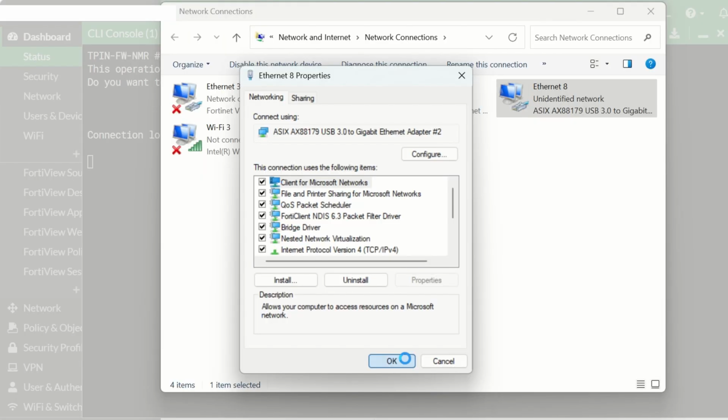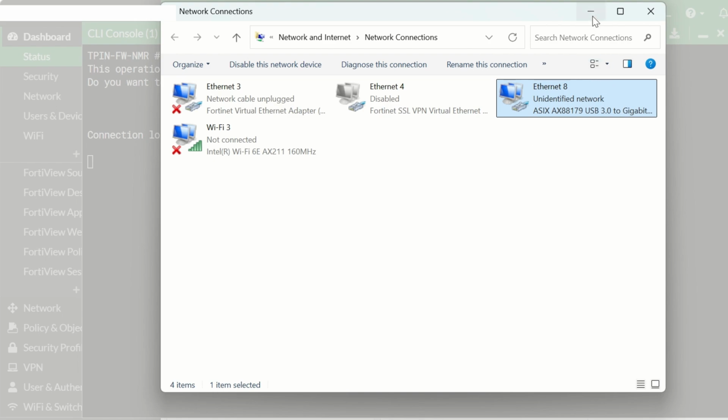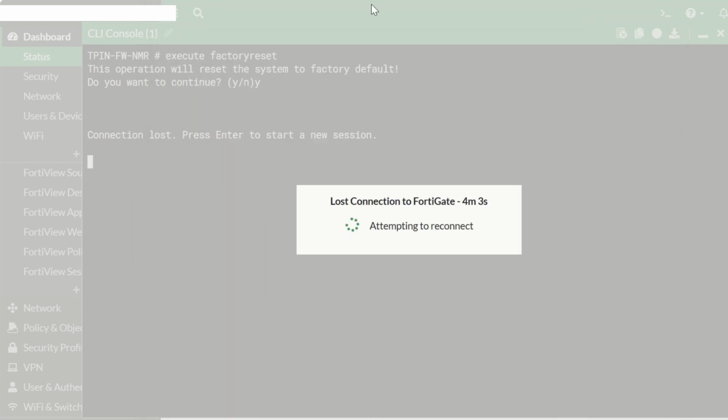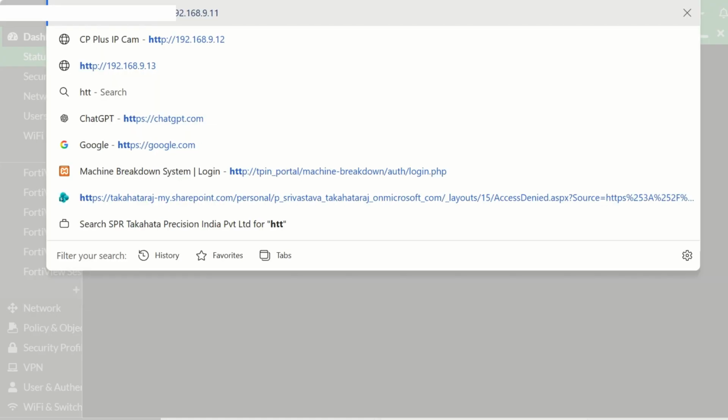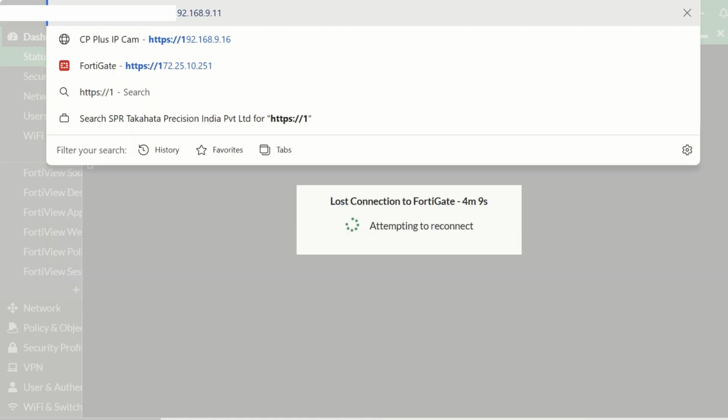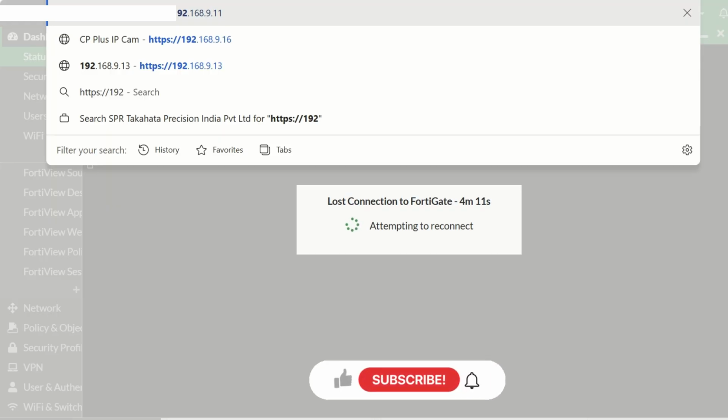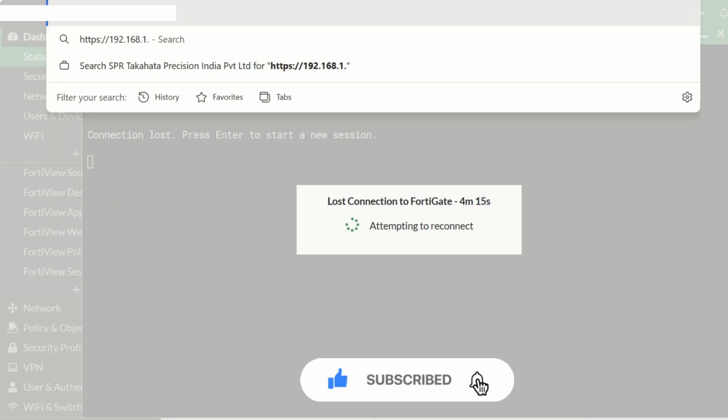Now change the IP of your computer to the 192.168.1.99 series and open the firewall with the IP ending in 1.99. It's the default IP of the FortiGate firewall.